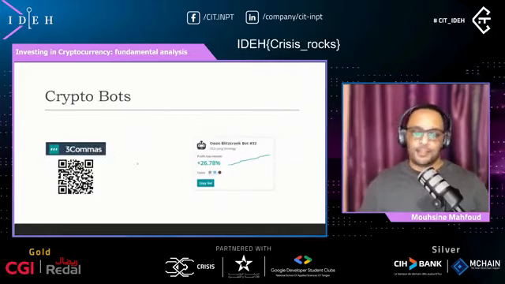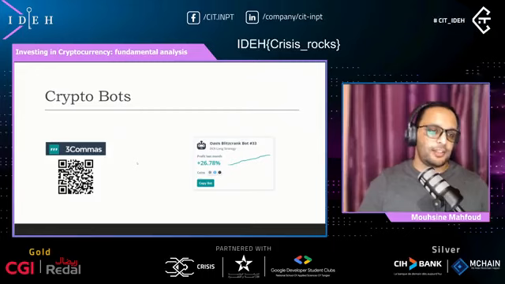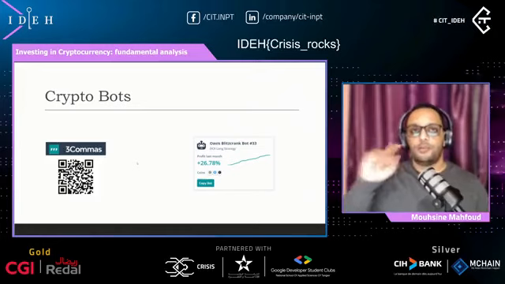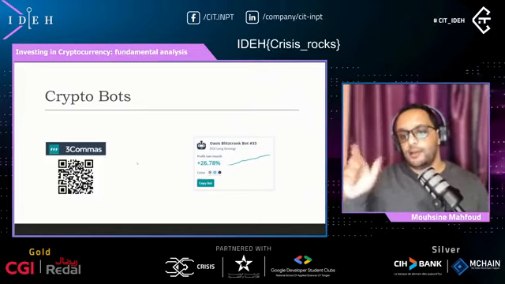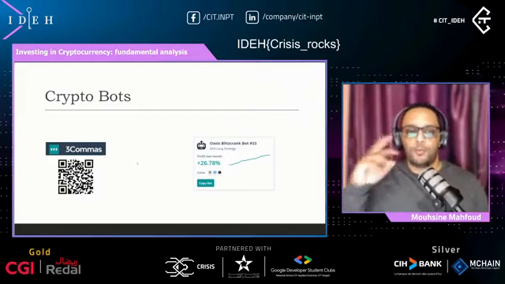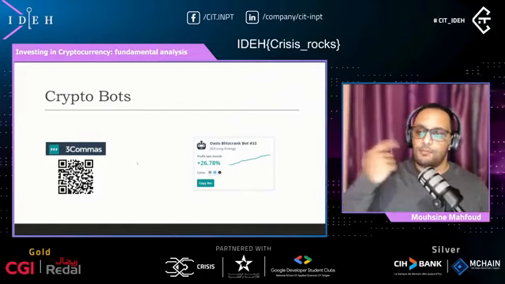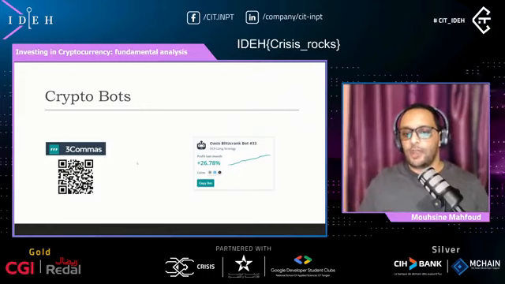Next, I think this is very interesting and might actually be a very good way to go if you don't have time to trade, or you don't know how to trade. Probably you can copy a bot. You can link your exchange account through an API key. You give it to the bot, and then the bot will open and close trades based on some indexes. You can either program it to do exactly what you want and buy and sell on certain prices or certain events, or you can just follow an existing bot that is pre-programmed.